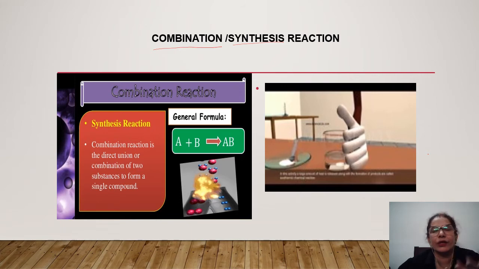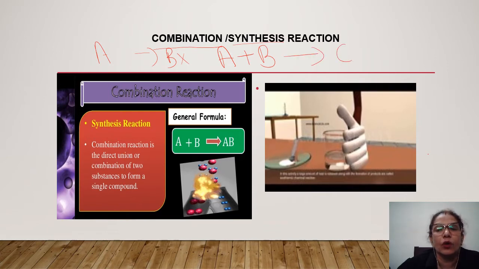Now one substance cannot combine, isn't it? There's just one substance. How can I say it is combining? It has to combine with something else. It has to have another substance to combine, a minimum requirement. So I cannot say A combines and forms B. Is this possible? No. So A should have B with it to form C, or A can have B plus D also to form C plus E. It can be anyway, but there will be two or more. That's why in the definition you have two or more substances combined to form new substances.